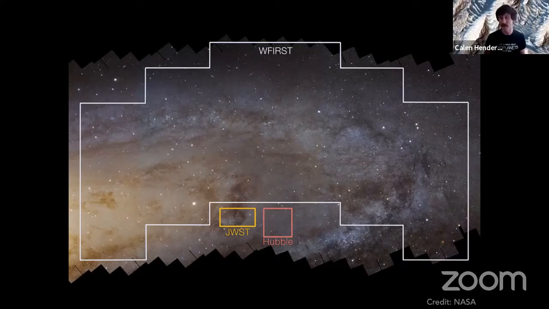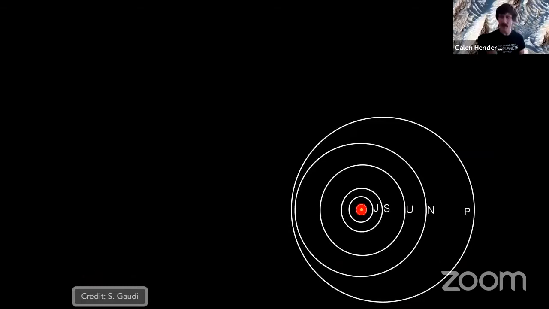And it turns out that Roman will have a field of view that's about 100 times that of both JWST and Hubble. So an extremely large area coverage. So to bring this all the way back to Kepler,